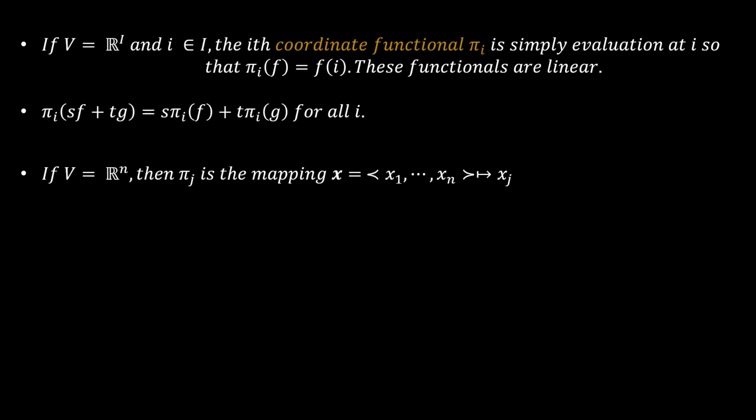I think that makes it clear. So if we have pi j of x being equal to this linear combination of the n-tuple here,